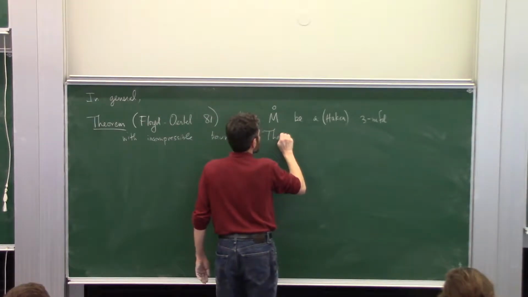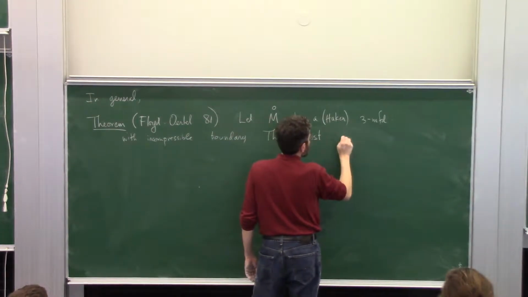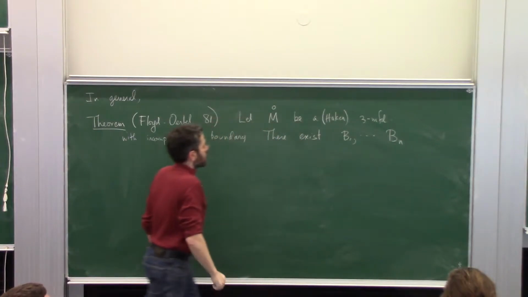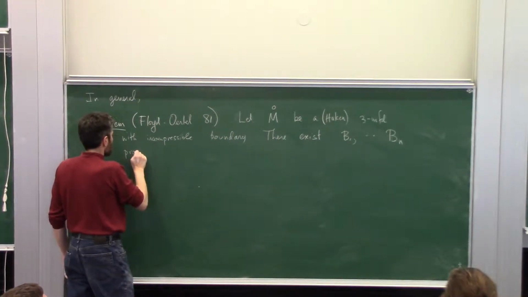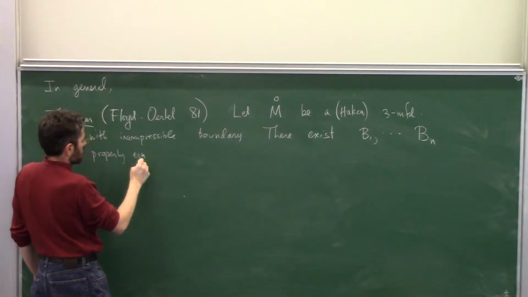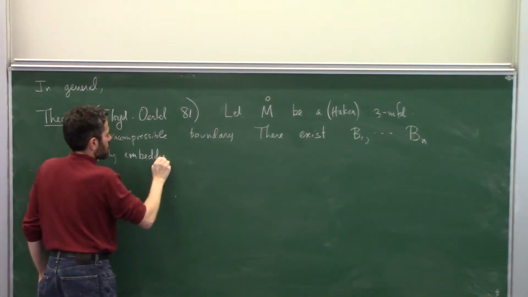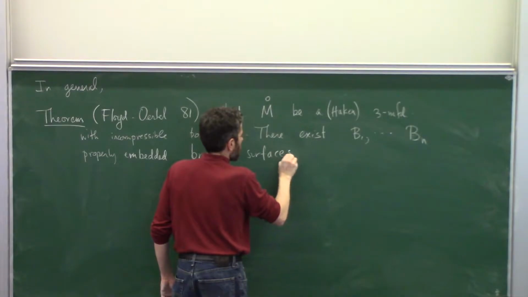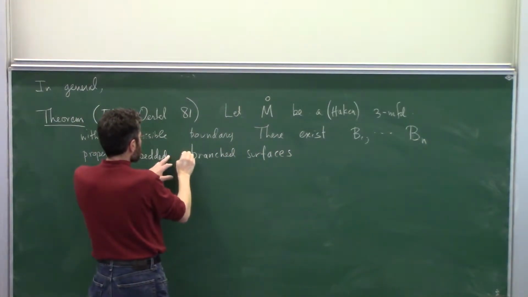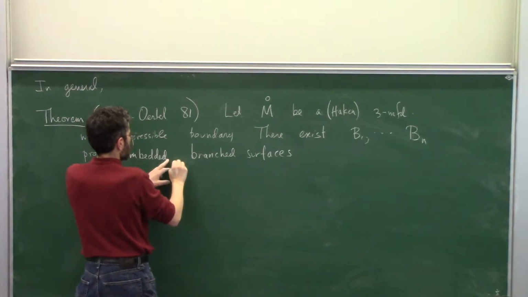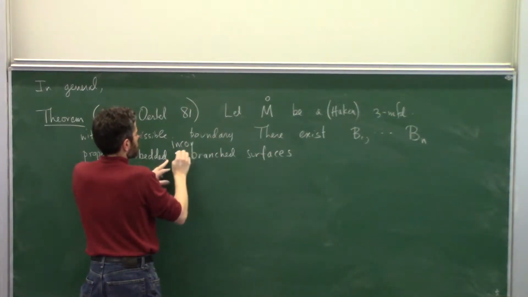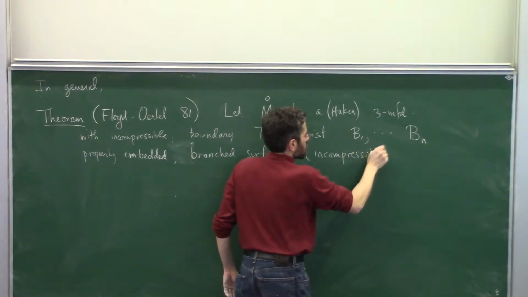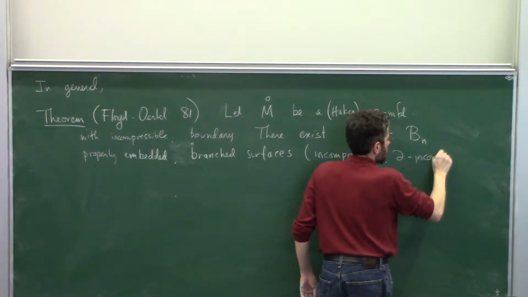Okay. Then there exists a finite collection, say B1 through Bn. What are these? These are properly embedded branched surfaces. And they are, sorry, I think they call these incompressible branch surfaces, so let me put that in here. So they're incompressible, I have to tell you more about them. And boundary incompressible, so I owe you some definitions,